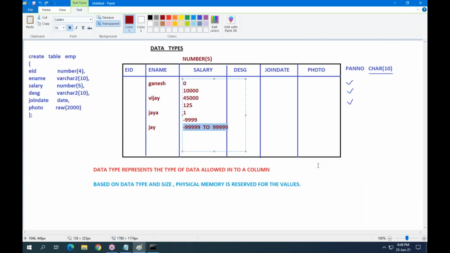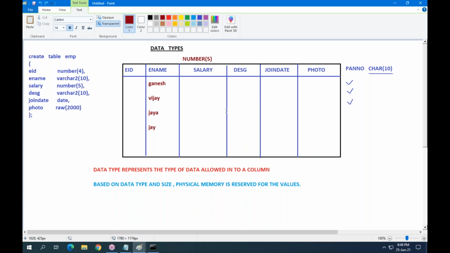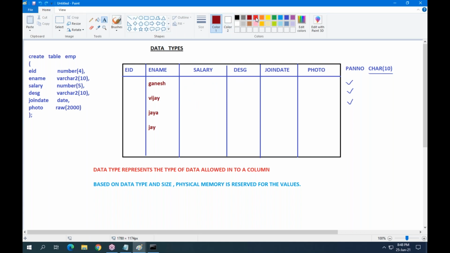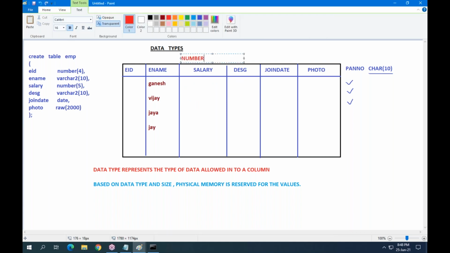For example, let me take the column. Here our data type is NUMBER(8,3). So the maximum length of the value is 8, with 3 decimal digits. The values I am inserting are 59,340.235, then 12.75, then minus 149, and the next value 99,999.1234.